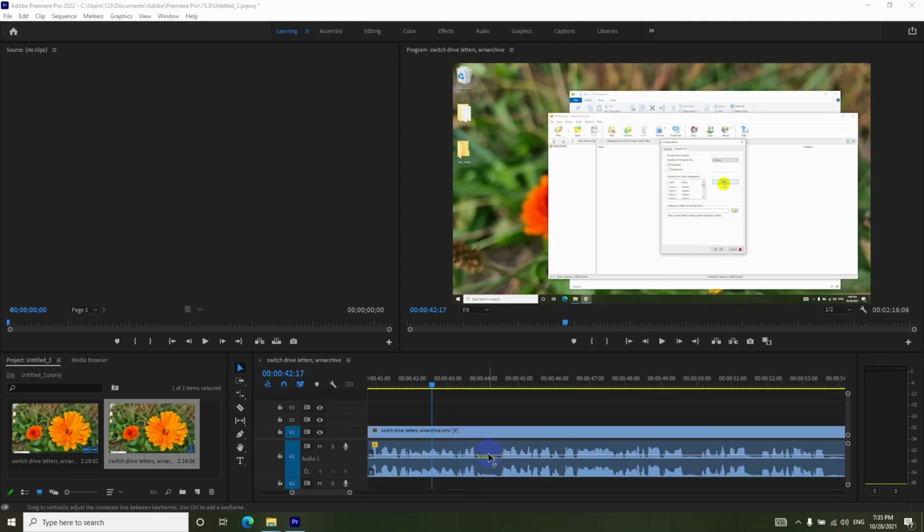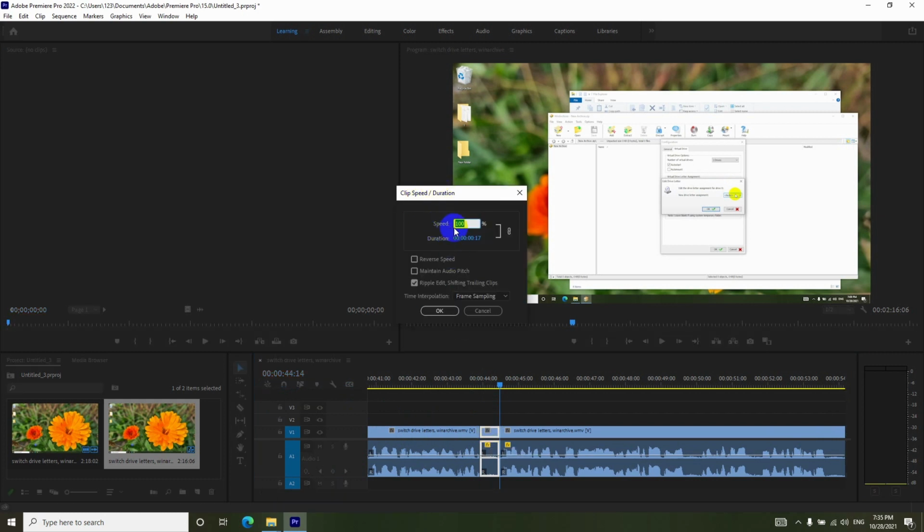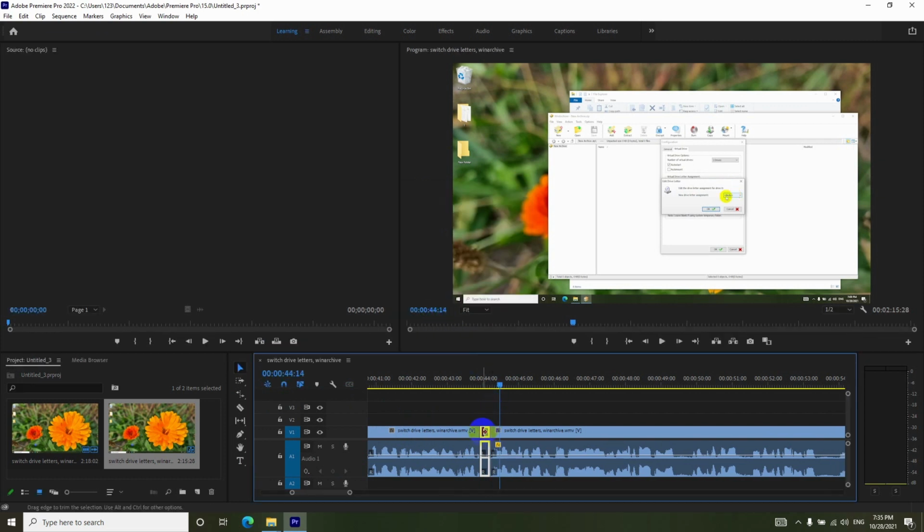Why is the sound weird inside Premiere Pro when I speed up a clip? So if I go, let's say there, Ctrl K to split it, Ctrl K to split it again, Ctrl R to modify the speed, let's say 200%, close it with OK, and now this portion will sound a bit interesting